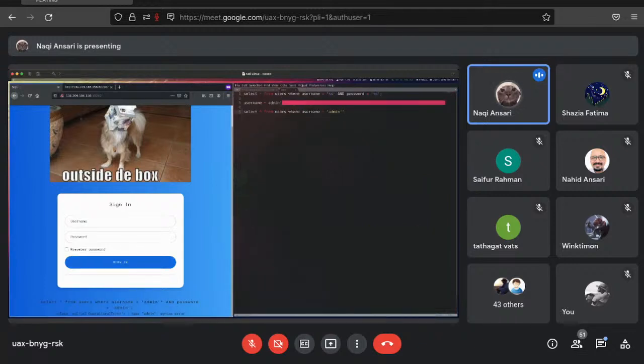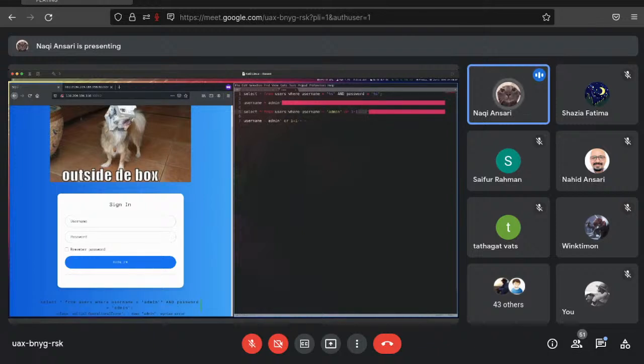To exploit this, you must know the basics of SQL, like how the queries are built. Let's say we were to insert the following username: admin' or 1 = 1, and then commenting out the rest. What this does is, in this query, we've added an extra quote, and after this quote we are doing or 1 = 1. When this query is executed, it checks whether the username is admin or 1 = 1. Both of these values will return true, so the query will return true, and we will be able to log in.